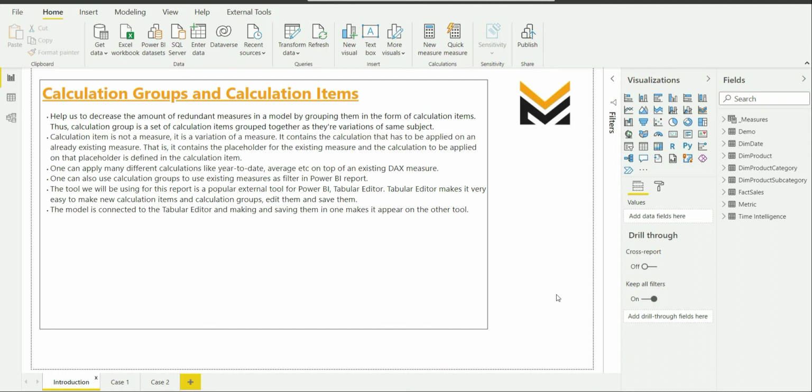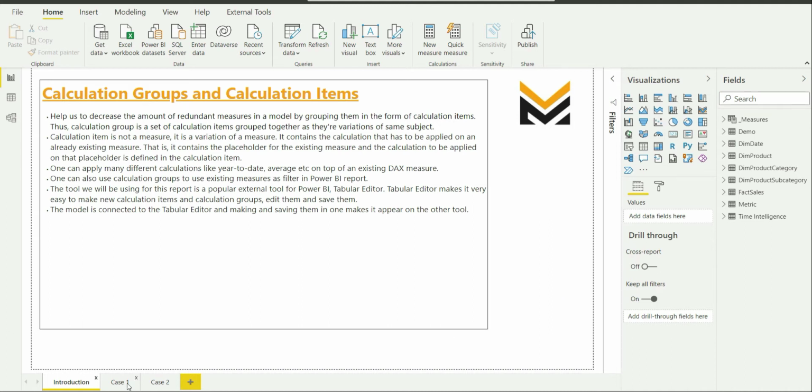We had also discussed that calculation groups appear as tables in the Power BI model, and calculation items appear as rows of the attribute, which is also a part of calculation groups.